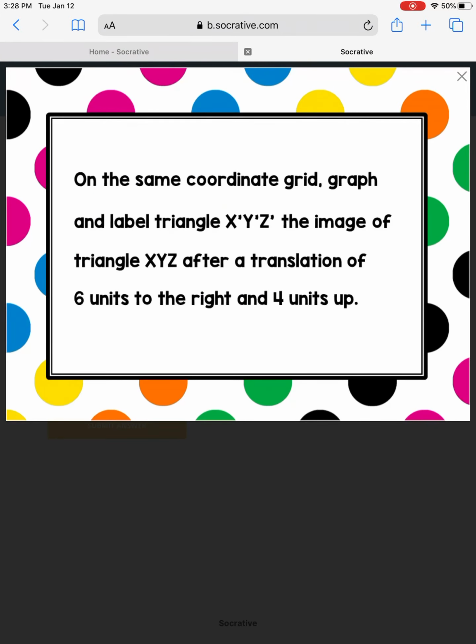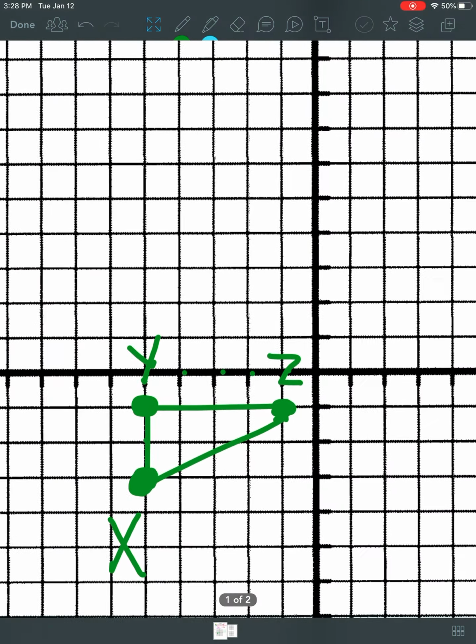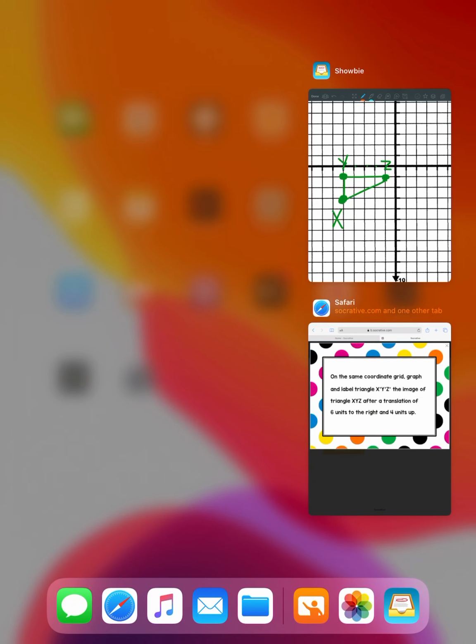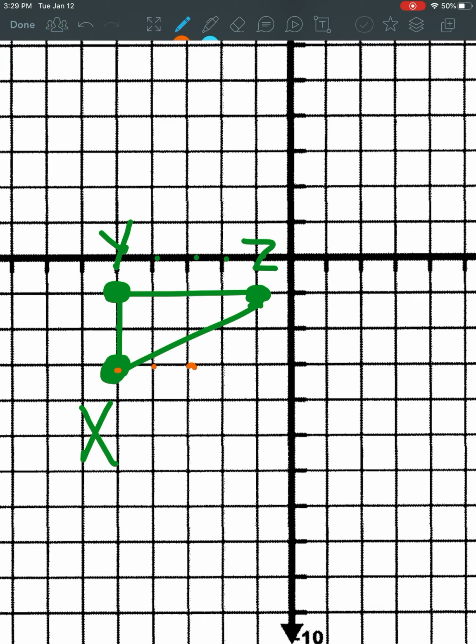All right? Now, on the same coordinate grid, we want to graph and label. Notice how we label them now. There's one little apostrophe after the X, the Y, and the Z. So we're going to translate it 6 units to the right and 4 units up. What we can do, and I'm going to do it in a different color, is move all 3 of these points separately. Let's start with X, and it said 6 units right, 4 units up. So I'm going to take this X point and move it 1, 2, 3, 4, 5, 6. Just simply count 6 to the right, and then up 1, 2, 3, 4. So here is my new